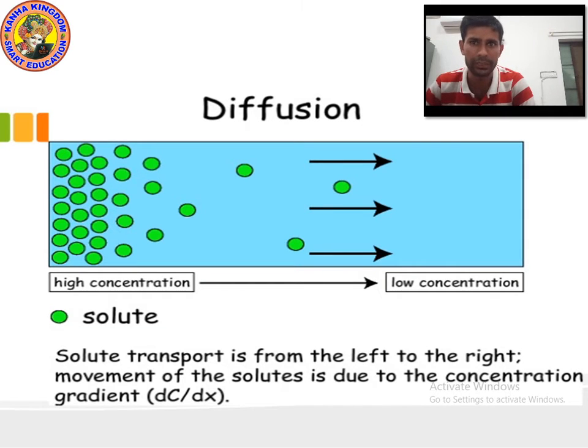I hope you understood. But what is the function? Why is diffusion important? Think and tell me, because I have already explained in the previous class. Exchange of gas between cells is possible through this process known as diffusion, as well as the exchange of gas between the cell and its external environment. Now we will study the next point, which is osmosis, in detail. Let's move on to the next point.